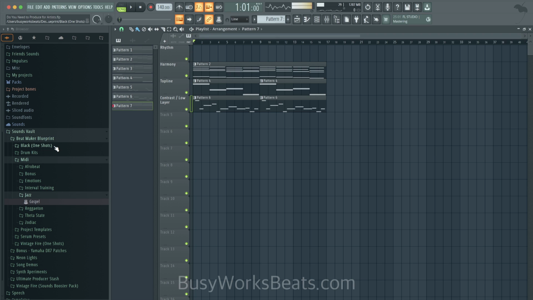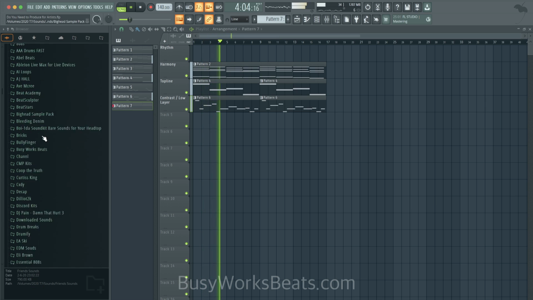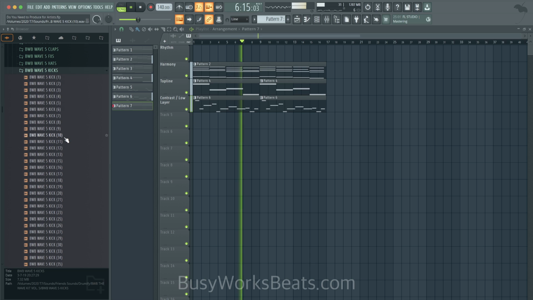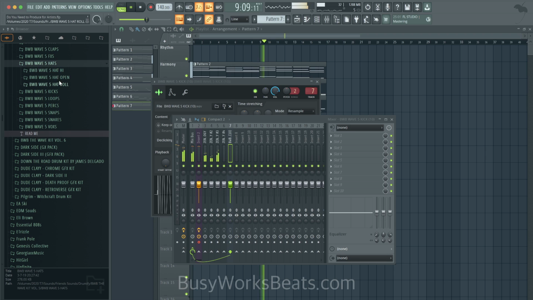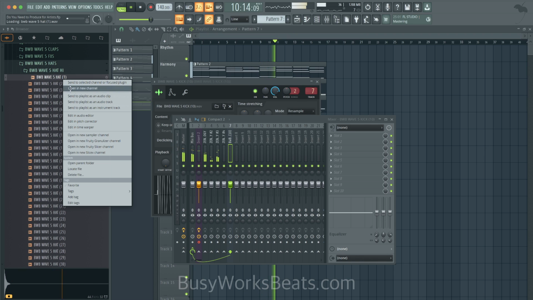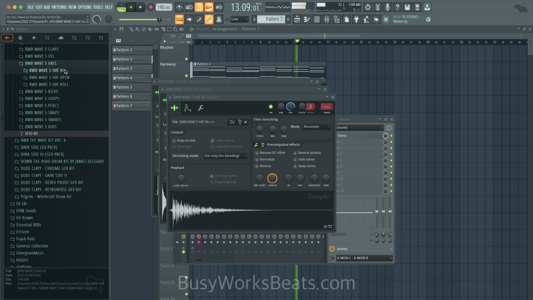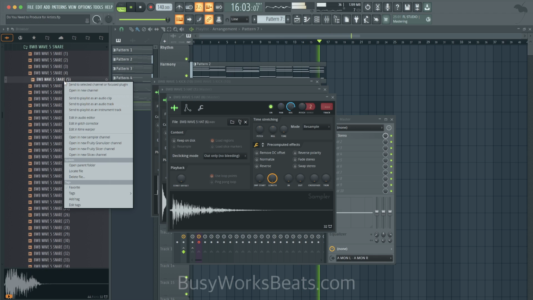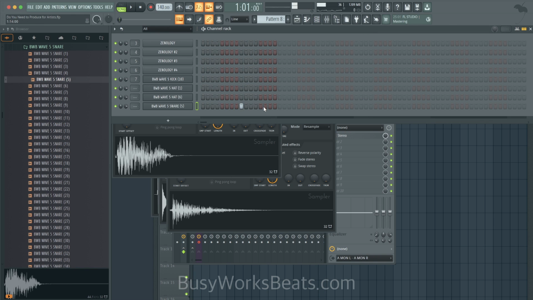Okay, so the rhythm, in this case, we're going to load up some drums. We're going to use the drums as the rhythm. I'm just picking quick sounds because we're not going to make an entire beat. But the point is, I'm showing you how fast you can make a beat when you think of it this way. So let's do boom, clap, clap, clap.